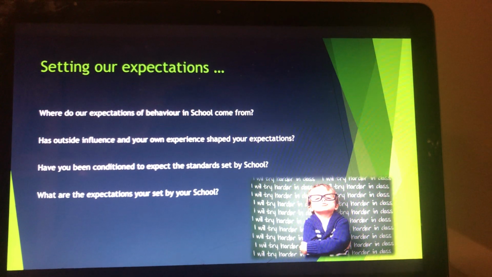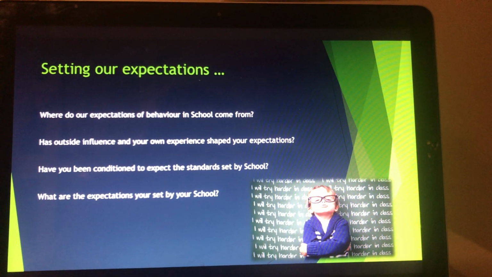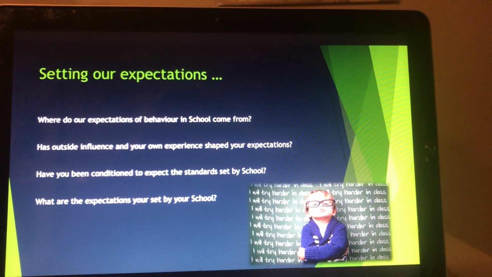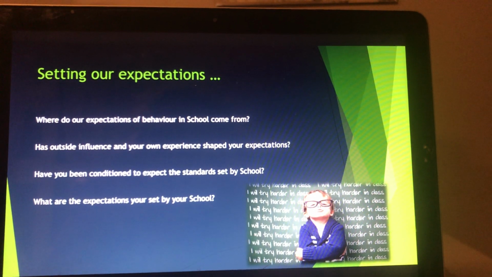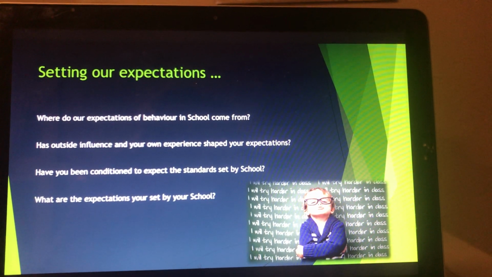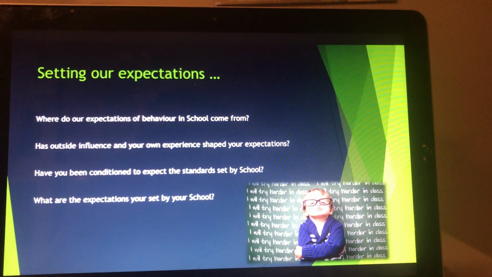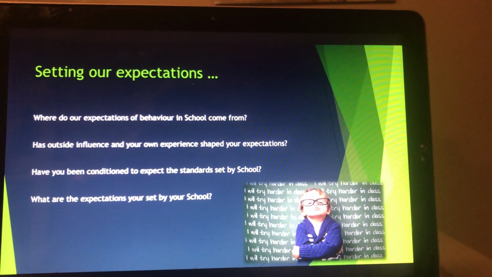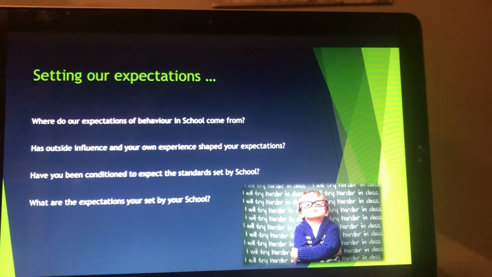Does your school have quite a strong behaviour management policy? Do they have some very specific procedures or expectations or values that they communicate often and implement in potentially a strict way, or do they enforce things quite vigorously? But have you now been conditioned to expect those standards set by school?